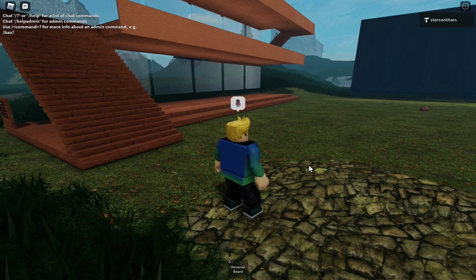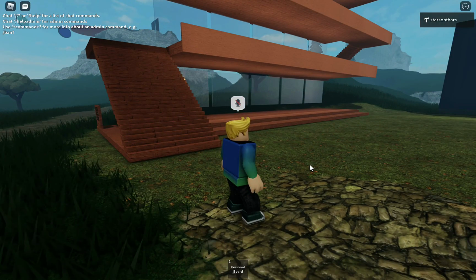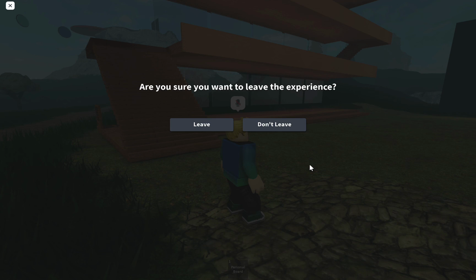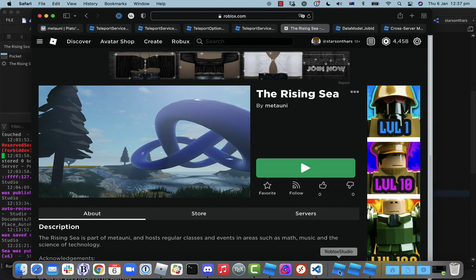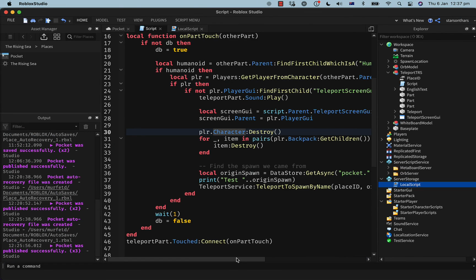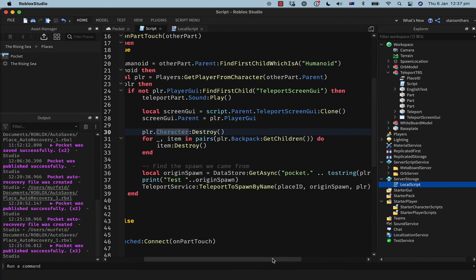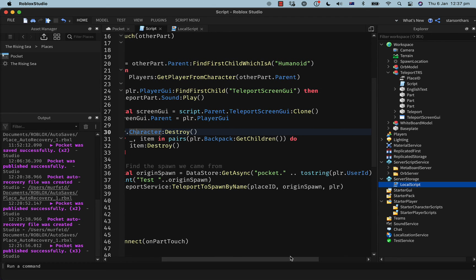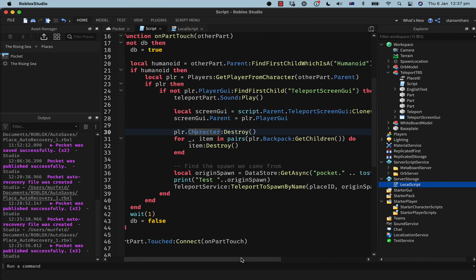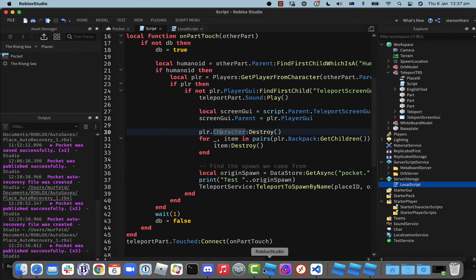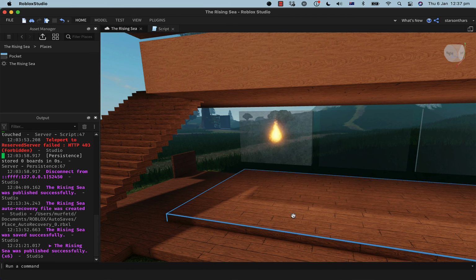I don't know why that last bit didn't work. It got it from the data store, but then the last teleport to spawn by name, origin spawn. Did I not change the name of the spawn location? That'd be embarrassing.